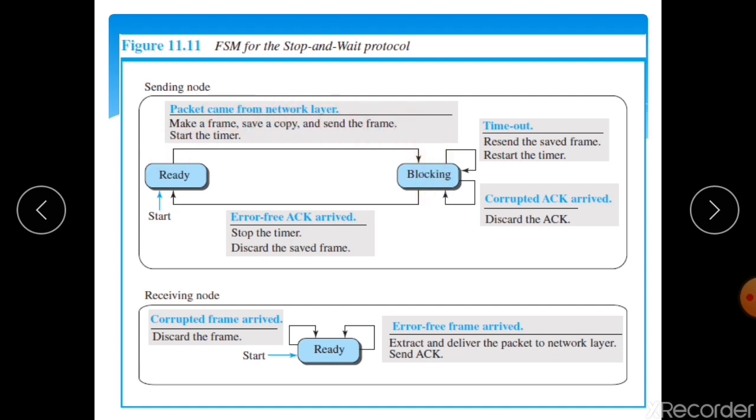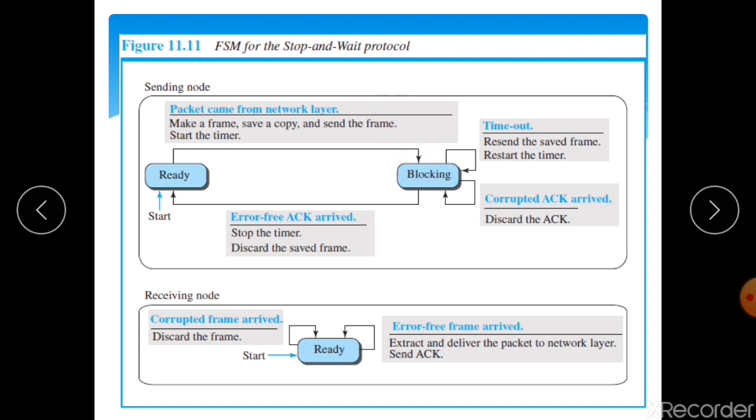So here you can see, make a frame, save a copy of that frame. This saved copy is for retransmission purposes. If the packet is lost during transmission, or if the timer is out, the packet needs to be retransmitted. For that, a copy of the packet is saved. Then the sender will move from the ready to the blocking state.